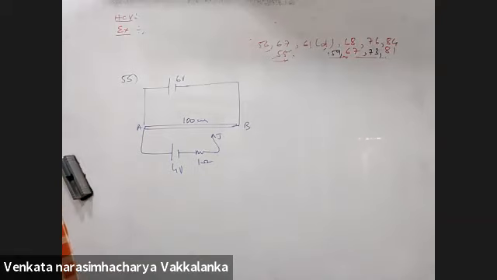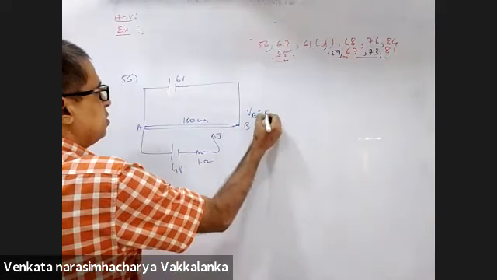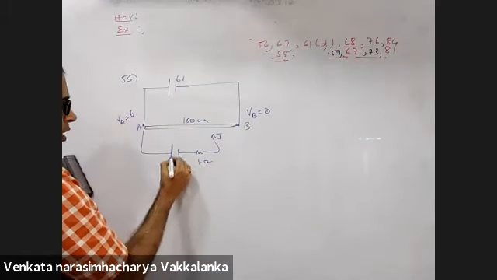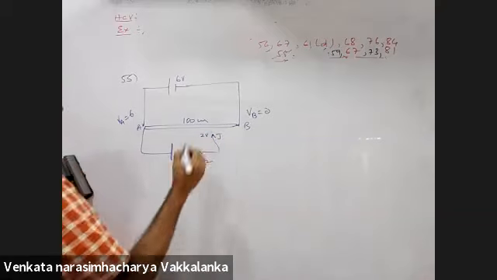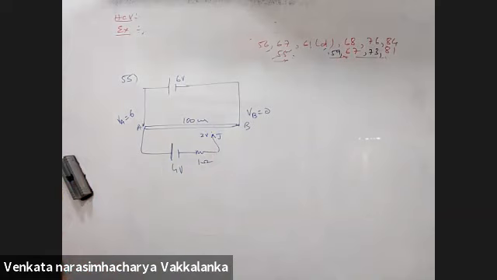Take the potential at B to be 0. What will be the potential of the points A and C? Not an issue. If the potential of B is taken to be 0, potential of A will be 6 volts. Potential of C will be 2 volts. Now find out the point on the wire where I should place this so that you get null deflection. At what point D of the wire AB is the potential equal to the potential at C?